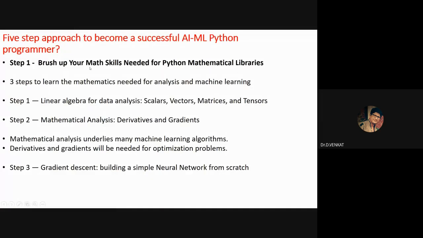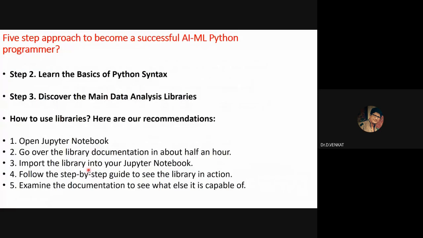So if you want to become a successful machine learning programmer, as Ranga has already mentioned, you should become familiar with linear algebra: a simple matrix, simple vector, simple scalar, how the scalar works, how the vector works, how the matrix works, right? And you should also know some basic derivatives and gradients. That is why we are talking about gradients: when we work on a neural network, we will be applying gradient descent. We will try to cover some basics, but we still recommend you learn those things, right?